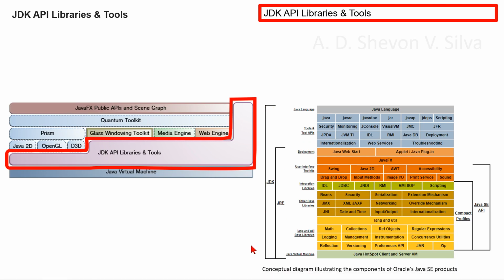JDK 8 is a superset of JRE 8, and contains everything that is in JRE 8, plus tools such as compilers and debuggers,